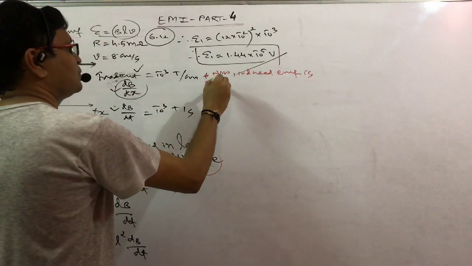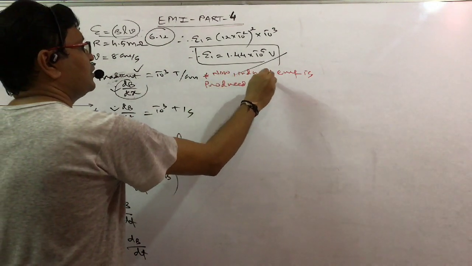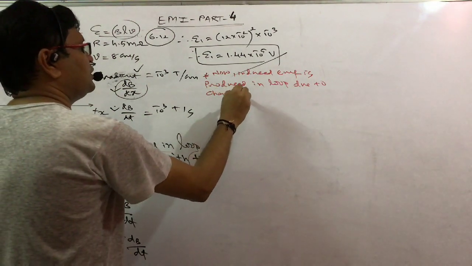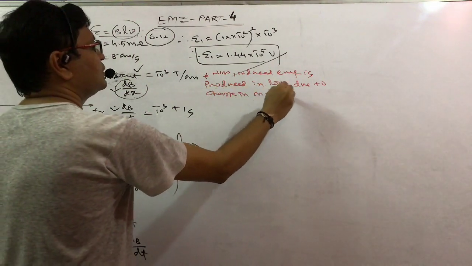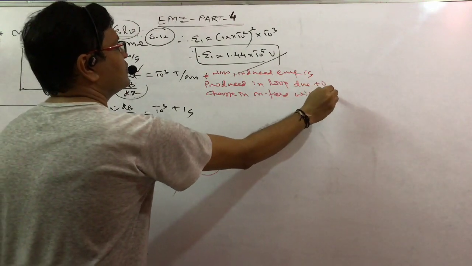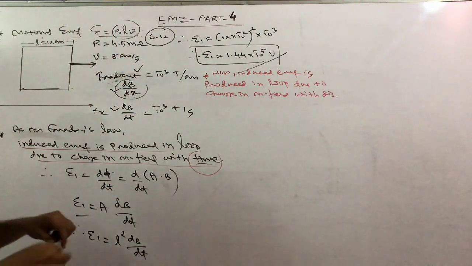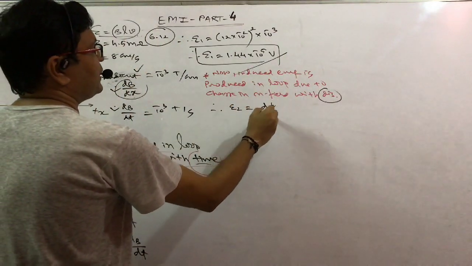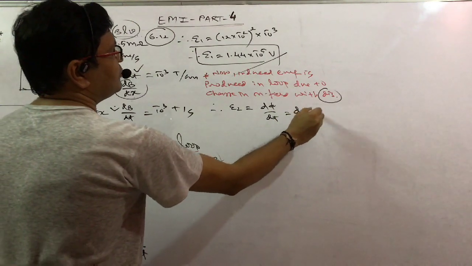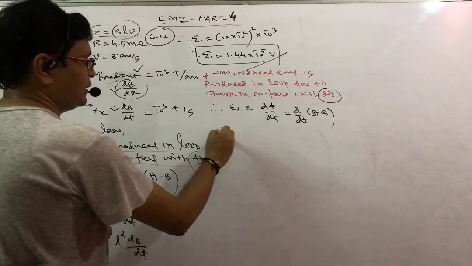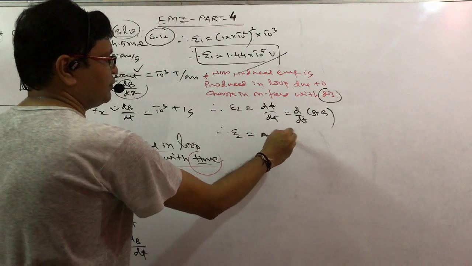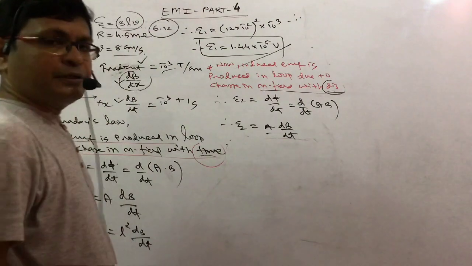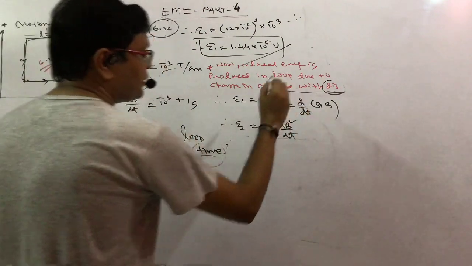तो सेकंड केस, नाउ इंड्यूस्ड ईएमएफ is produced in a loop due to change in magnetic field with distance, no problem। तो with distance देखो, distance हमारे लिए important होगा। So again epsilon 2 it is dφ by dt, magnetic flux आप जानते हो, area into magnetic field, area out of differentiation। Okay, area you know that very well, it is simply L square। Now you can see the dB by dt।